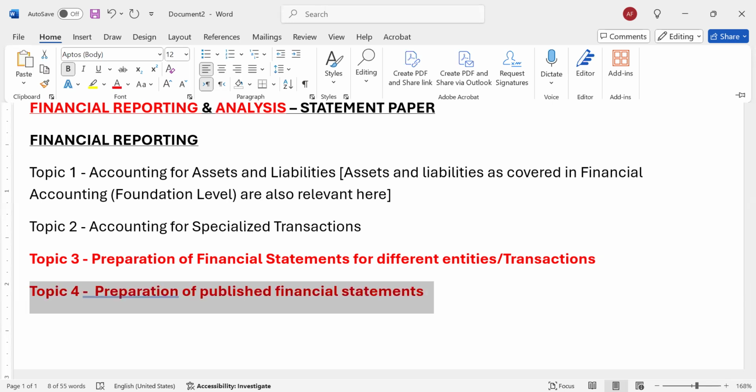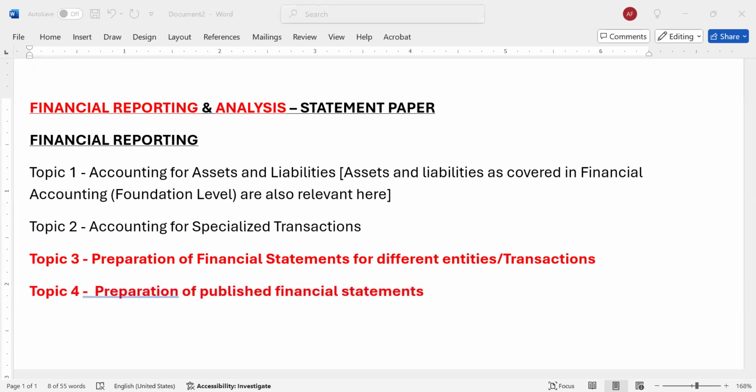Because at this point, some of the key areas that you will be expected to understand when it comes to published statements: number one, it will be important for you to understand that it is at this level that you'll be required to prepare your statement of profit or loss and other comprehensive income. We'll be reading about the statement of financial position, and it should be prepared in a published statement. And one thing which I've seen majority of the students are probably not familiar with: cash flows.